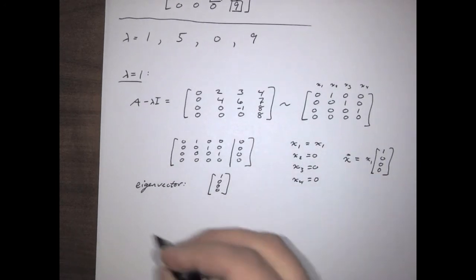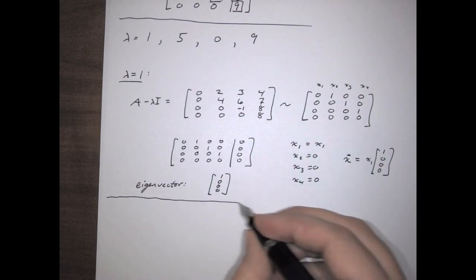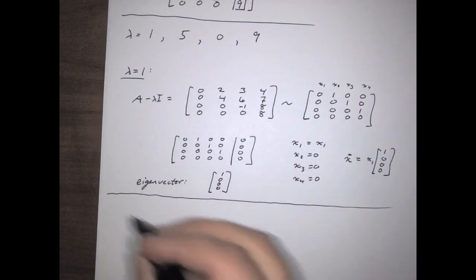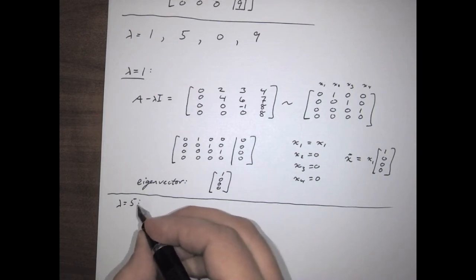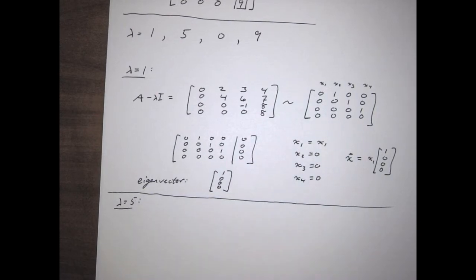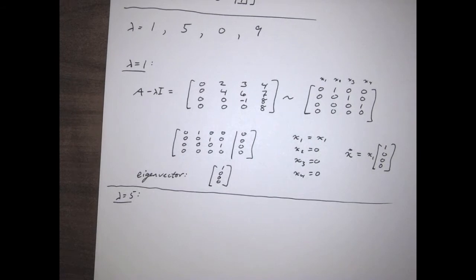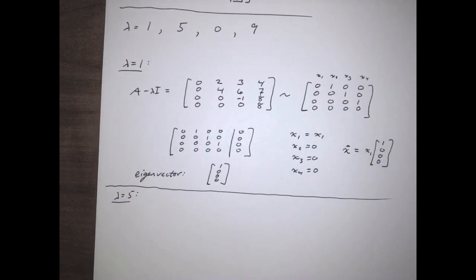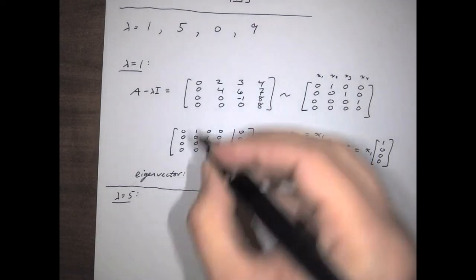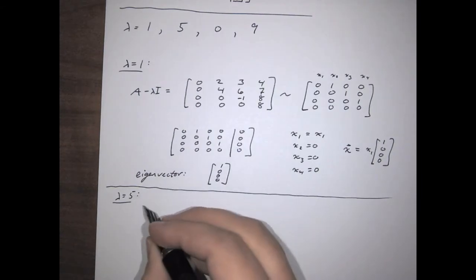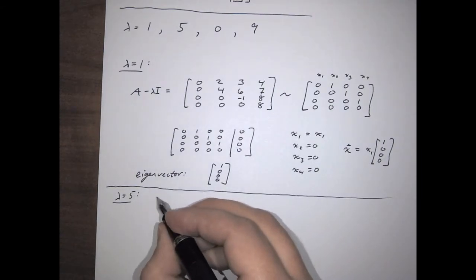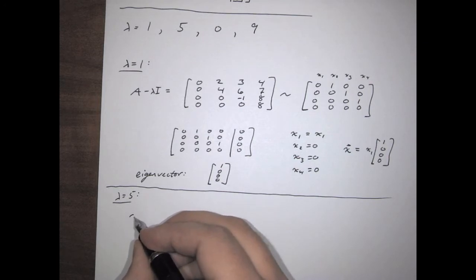Okay, so that's 1/4 of the way there. Alright, what about lambda equals 5? Once we've gone through this and we've worked it all out, then we'll take a step back and we'll figure out what was going on there, what we were able to determine and why this even is a recipe for giving us the eigenvalues. So okay, so let's say we got lambda equals 5, so then A minus lambda I